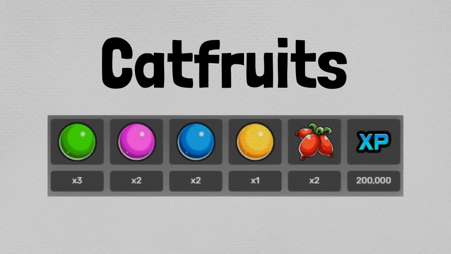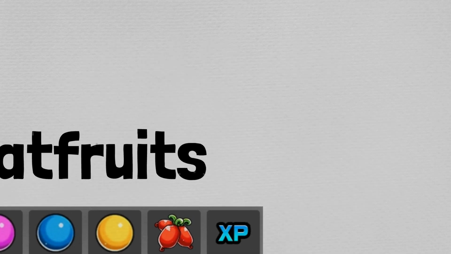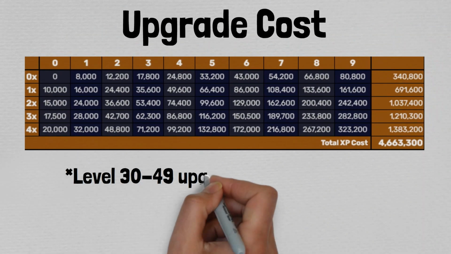You're going to need 3 green seeds obtainable every Monday, 2 purple seeds obtainable every Tuesday, 2 blue seeds obtainable every Thursday, 1 yellow seed obtainable every Friday, and 2 red fruits obtainable every Wednesday. And the obligatory 200,000 XP. And I'm just going to flash a couple of the stat screens pertaining to Swordsman Cat, as well as read